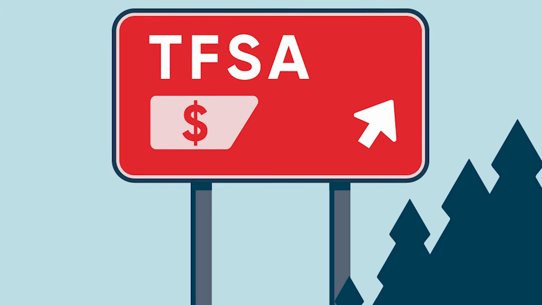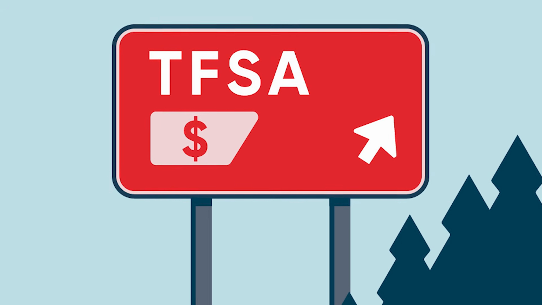The TFSA room has changed over the years because it goes up with inflation, rounded to the nearest $500, which creates this weird period of time where, depending on how much inflation there was or wasn't, changes how much TFSA room you are allowed to use. And there was this one weird year where you could do $10,000 in 1 year and then it got scaled back again. So contribution room can be very difficult to figure out.